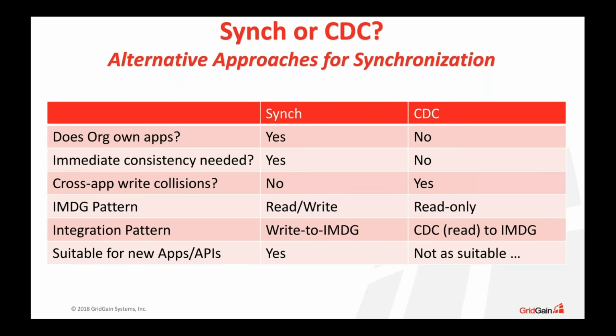If you have control over all the apps you need to change, and you need immediate consistency, meaning you cannot have a delay between when you write and when it shows up consistent in your read layer, and you're not really concerned about write collisions across applications, that there's no real concern between the new apps you're upgrading and the existing apps that are writing directly to the database or doing batch, then implementing a full in-memory data grid read-write pattern between each of your new apps and having this integration sync layer,